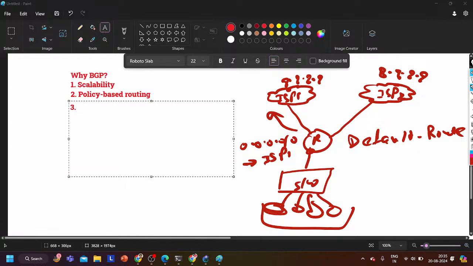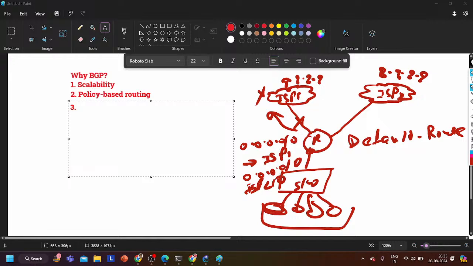If I want to forward traffic towards ISP2, I can configure a default route towards ISP2. I can configure the failover: as long as ISP1 is up, forward all traffic towards ISP1, no problem. I have configured the default route. But if ISP1 is down, then configure a default route towards ISP2 with a higher AD value. Here I can set the AD value to 10. If this link goes down, or you can even track the ISP with the help of SLA, we will see it in an upcoming day.